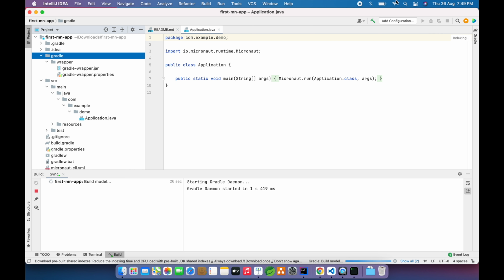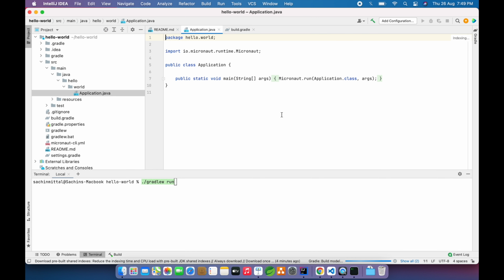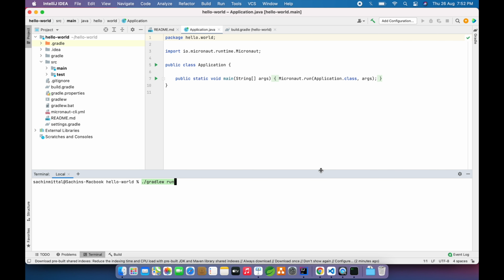So this is installing, and if we go inside the hello world, it is still taking time. So let me pause this video. I will resume this video after all the jars have been downloaded, right? So as we can see guys, our dependencies have been downloaded, right? Now we will run this command, Gradle W run. So it will start our application on our local.